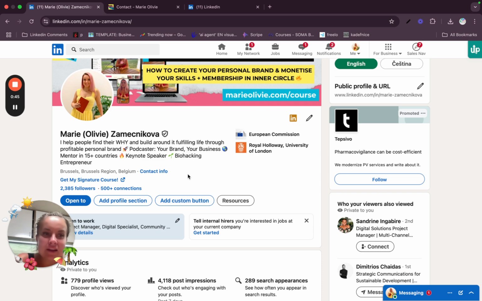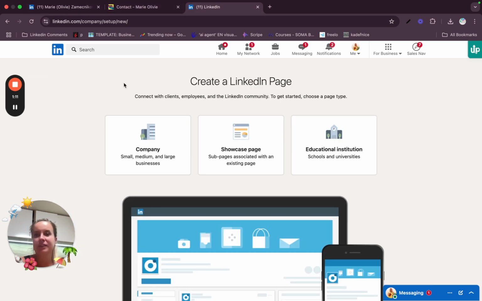A LinkedIn page helps you connect with potential donors, corporate sponsors, and volunteers who are aligned with your mission, and non-profits can use LinkedIn to share their achievements, publish updates on ongoing projects, and establish meaningful relationships with supporters from various sectors. And so how you do that is that you go to